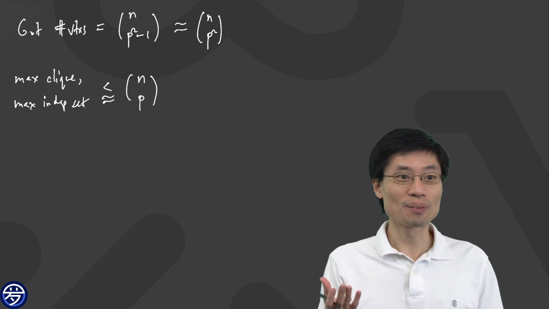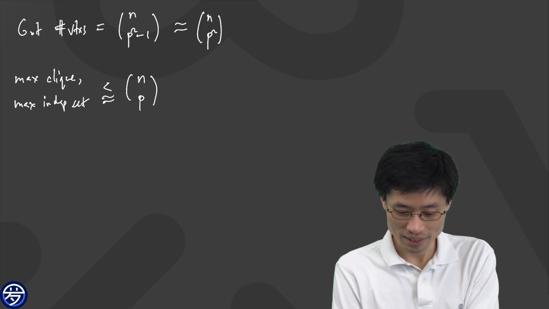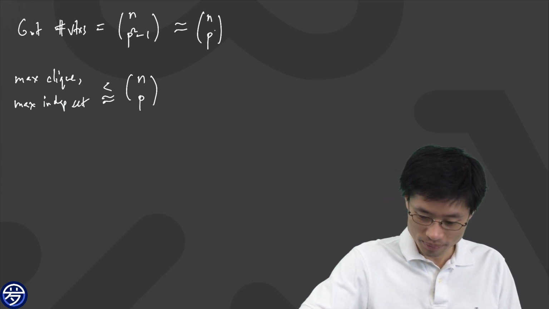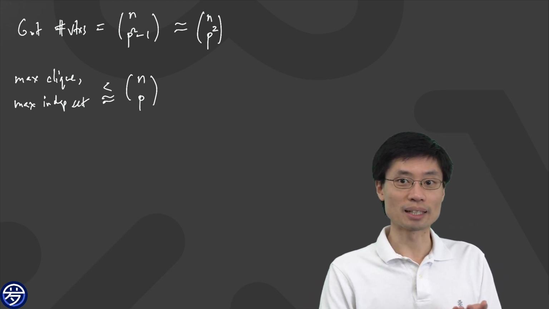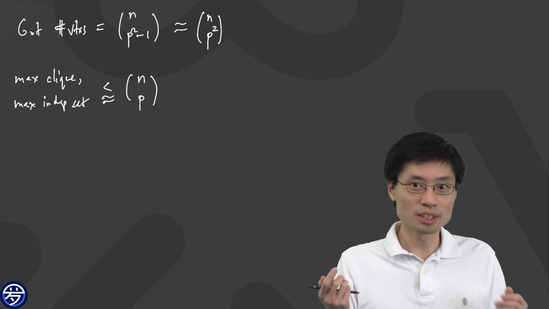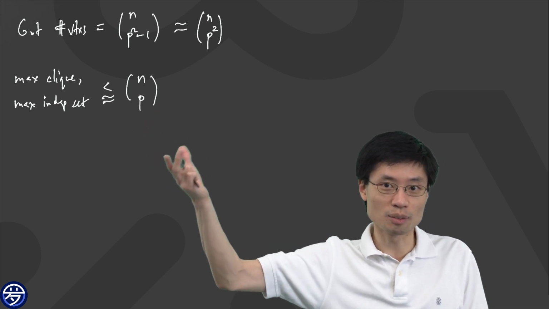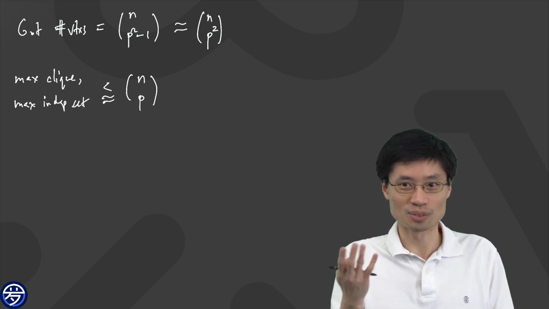Okay, so now we want to know approximately what to pick for n. I want to make the p squared easier for you guys to see. This is n choose p squared. Once you look at this, my goal is to make these numbers interesting. Interesting means that this number, the max clique and max independent set, is getting bigger, but I want the other number to be really, really big compared to that. That's what we're trying to do.